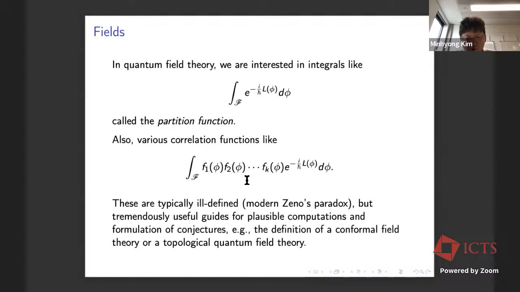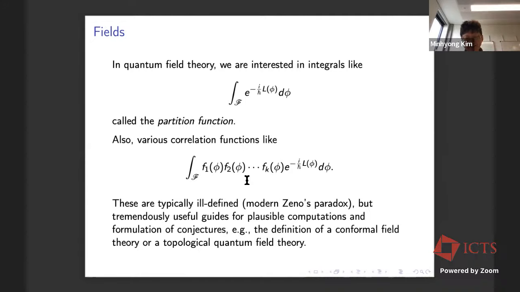From a mathematical point of view, I like to view this problem as being Zeno's paradox, like the classical Zeno's paradox you see in stories, because we know that these are supposed to give you some numbers, and these numbers can be observed in actual experiments. So we know that the quantity should be finite, like the amount of time that the arrow takes to reach the target. So that's finite. On the other hand, any method that we apply to actually compute it gives us infinite.